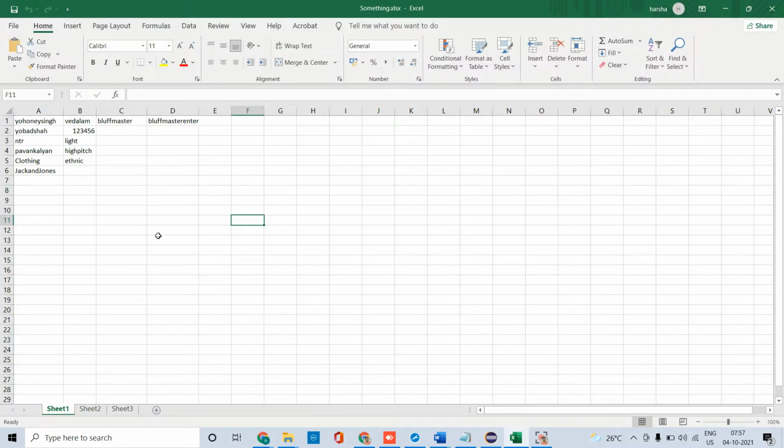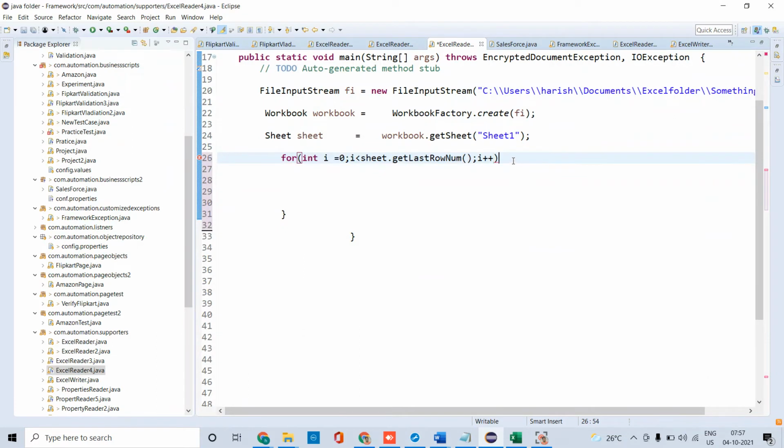So this is the Excel sheet. These are the rows and columns. This first for loop is for rows, 0, 1, 2, 3, 4, and another for loop is for columns. Next I want to get the row value, sheet dot.